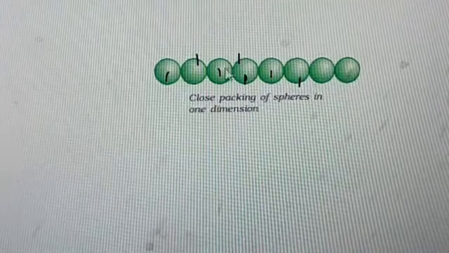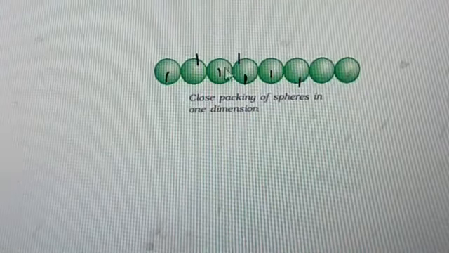See here, where is the first ball? The second atom is also there only. They are present at exact positions. So the spheres of these 2 rows are aligned horizontally as well as vertically. Horizontally they are in the exact positions, and if we cut them vertically also, we get a single row itself. So this is called AA type of arrangement, because the constituent particles are arranged exactly onto the other.